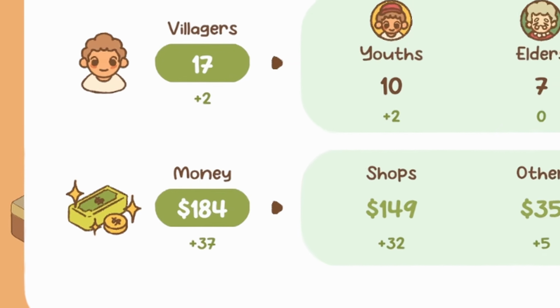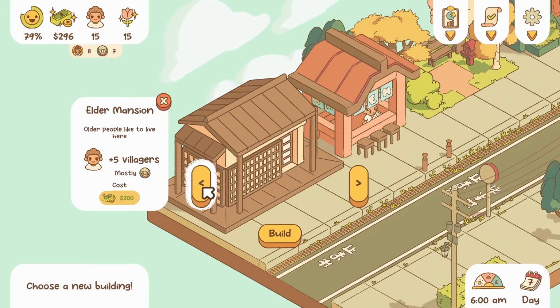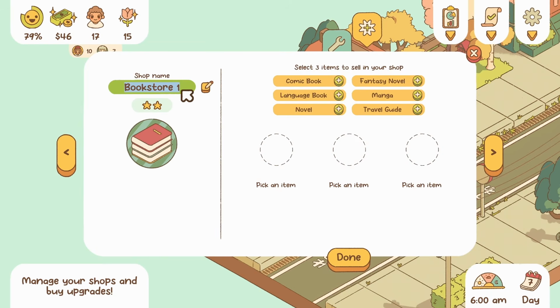We did make a bit more money that day, but still not nearly enough. The people yearned for shop diversity, so for our 9th and final building, I bought a bookstore, which I had low-key forgotten was an option. Alright, I fear my licious name scheme is not gonna work anymore. Let's call it,